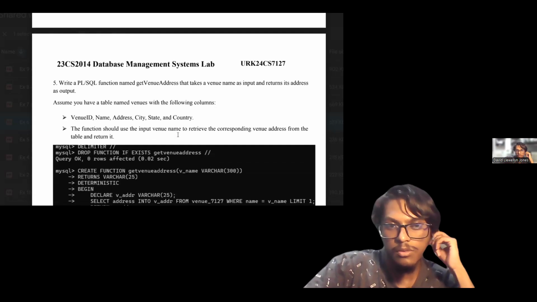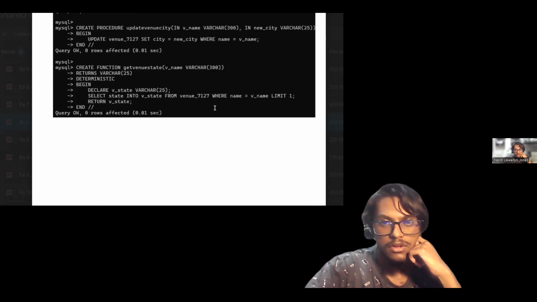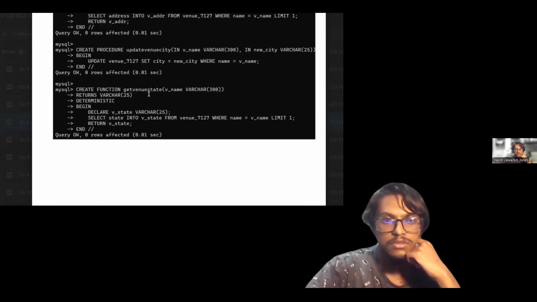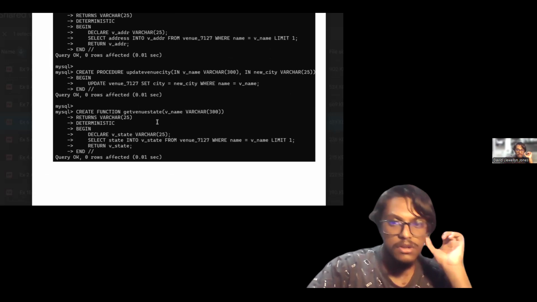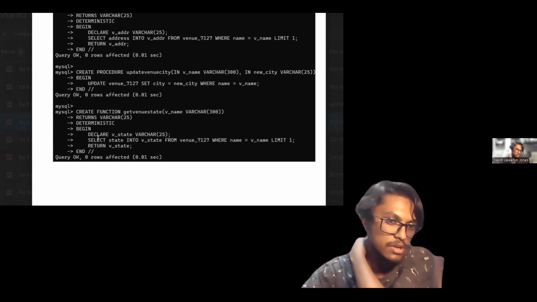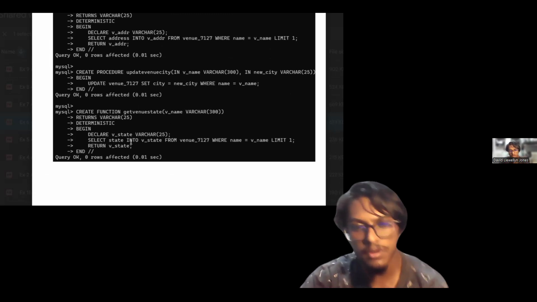So after this, we're gonna hop on to the next question. Write a PL/SQL function named getVenueAddress that takes a venue name as input and returns its address as output. So this is venue state here. It creates a function venue state, and from here it begins, declare v_state venue.state with a variable character